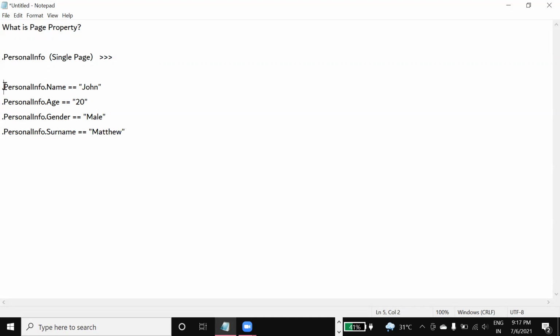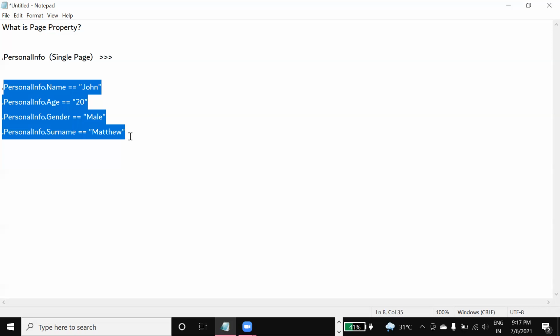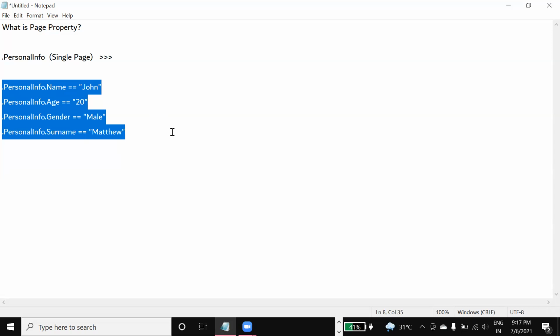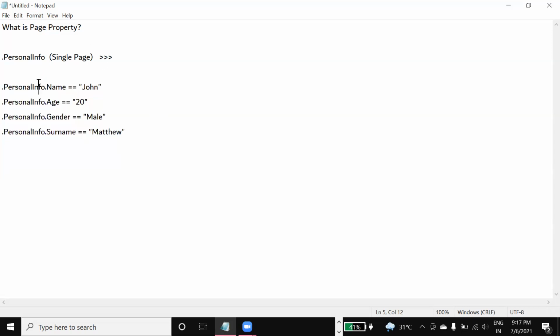So this is the data, and also the clipboard structure of how a single page holds it. If we create a single page property, the clipboard structure normally forms in this format below.